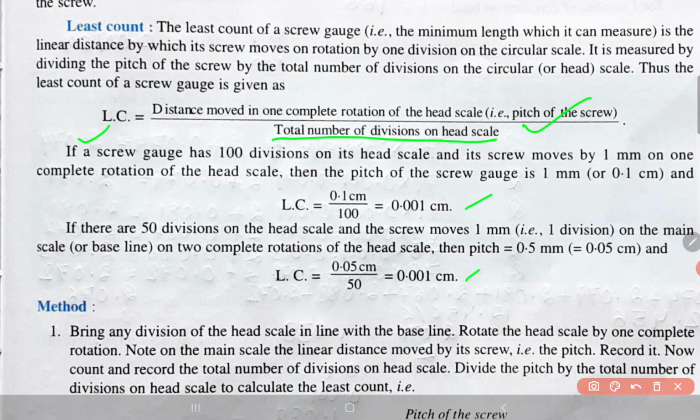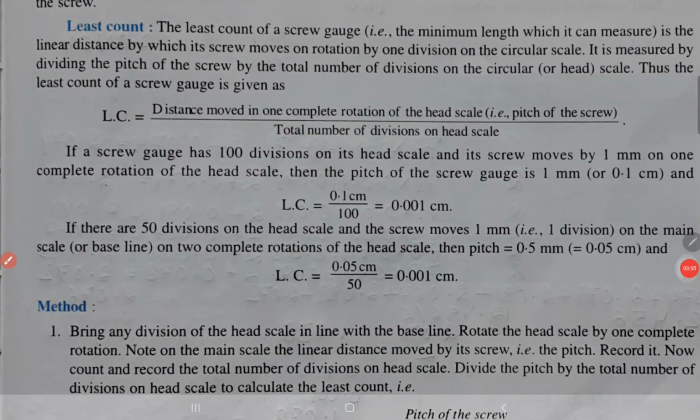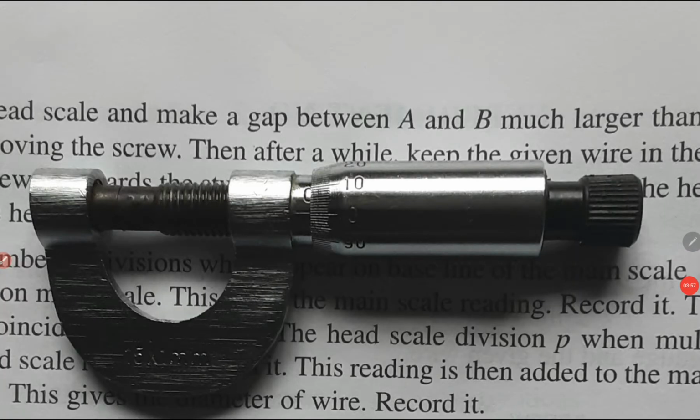Here they have shown us some calculations which it is our duty to do and show for a given screw gauge. So, let us go to the real picture of the screw gauge. We have come to the real picture of the screw gauge. I have mostly explained all the parts of the screw gauge. I am showing this picture just to show two things. Number 1, you can see these threads of the screw here, and the distance between two consecutive threads is called the pitch of the screw gauge, which I am supposed to determine for this particular screw gauge.